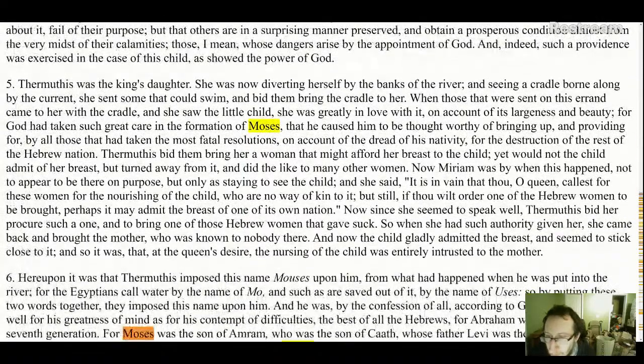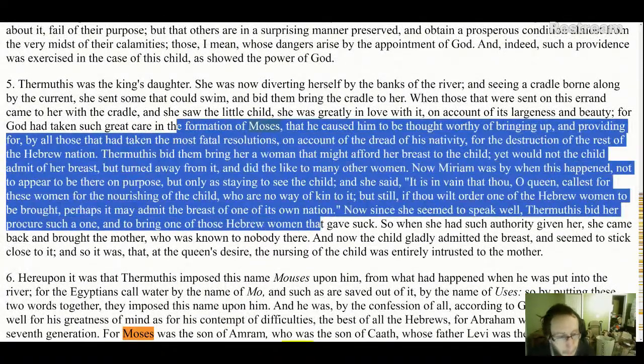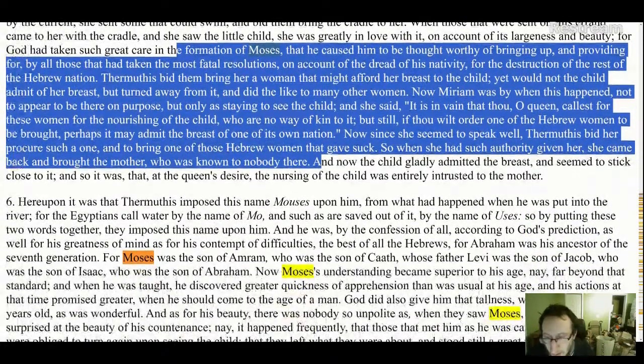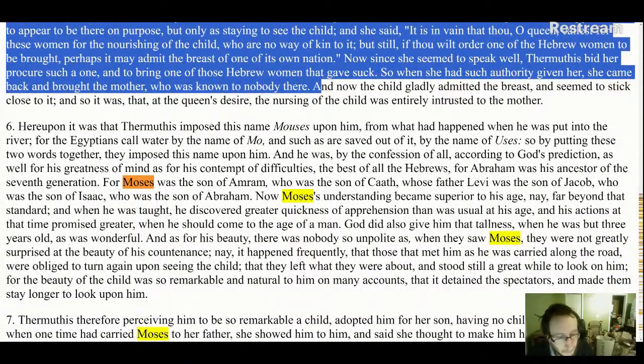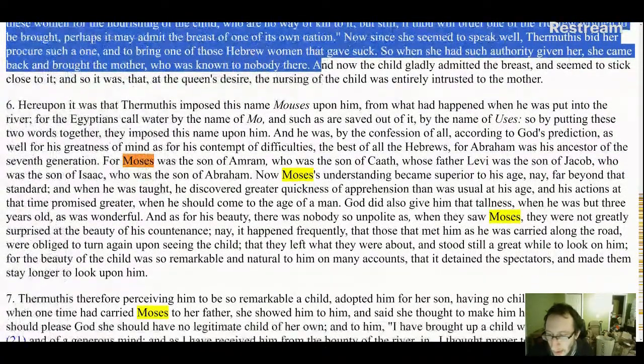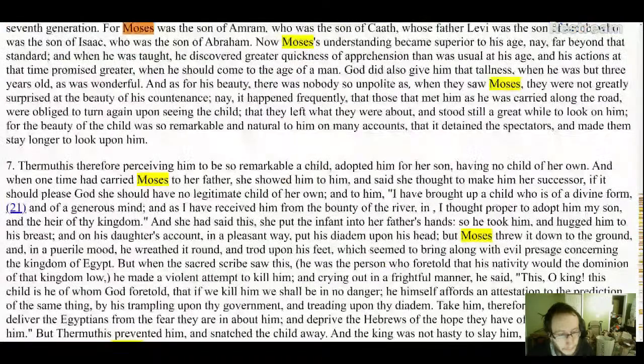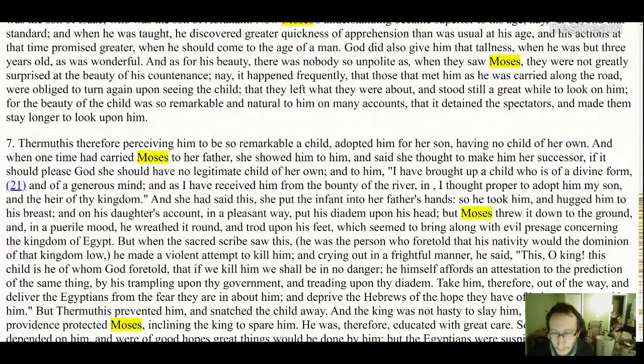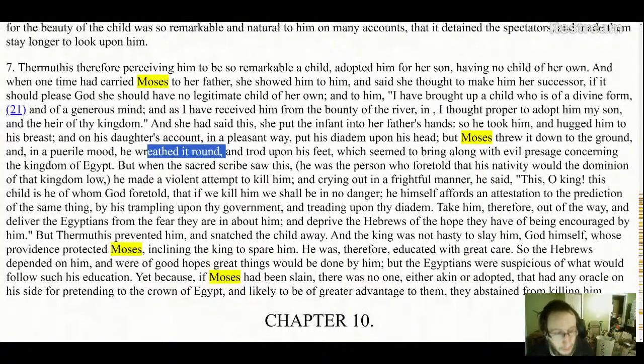And it says Moses' beauty was so amazing. You know, nothing of that in the scriptures. Then we see the crown was put on Moses' head, and then Moses threw it down to the ground. Again, that's not in our scriptures, but Josephus is saying it's in the scriptures. So that probably was in the Testament of Moses.